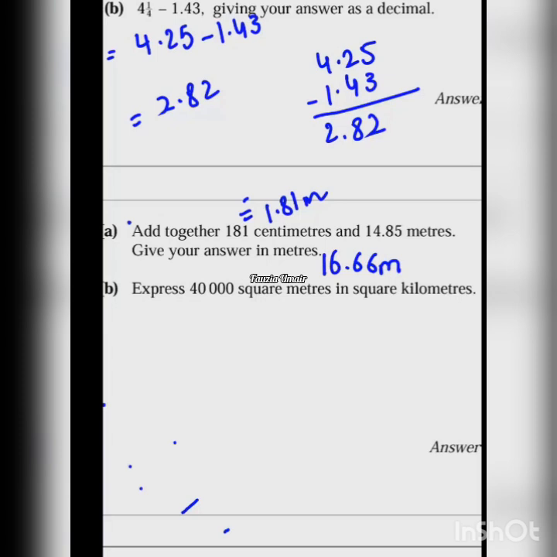And first of all, what do you think? Which topic is this? Squares and cubes. Conversion. Conversion of units. Yes. Conversion of units. So remember that when you converted,